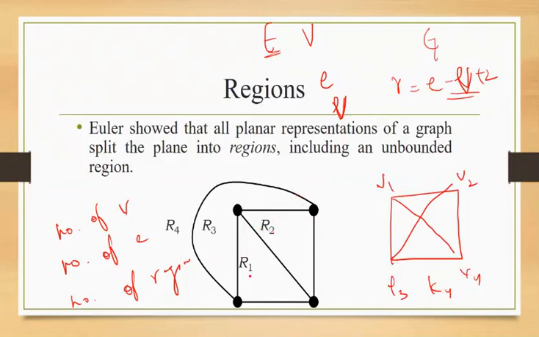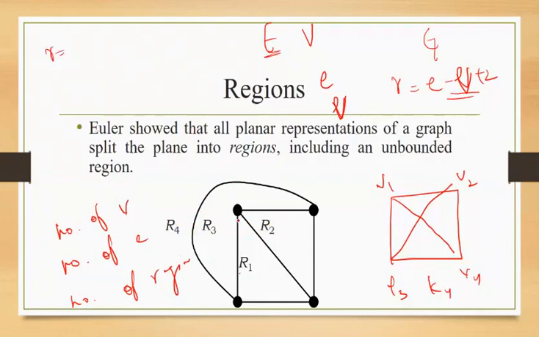We have R1. So basically a region in a graph is an enclosed part which creates a cycle, and also the unbounded region of the graph. Over here we have R1, R2, R3 and R4 regions. Okay, so R we have to find out. We already know, but we'll find out.